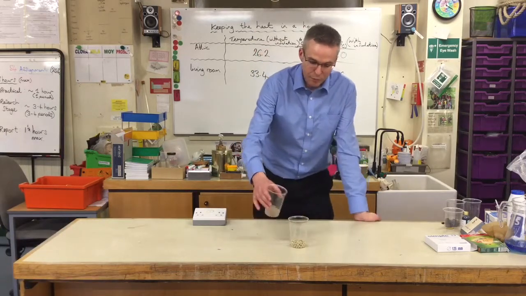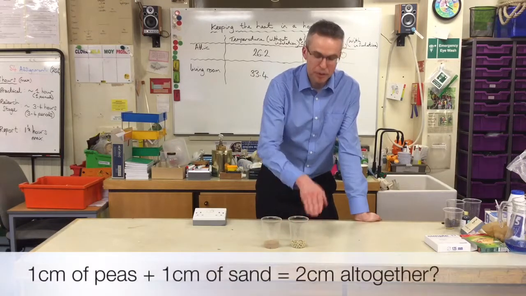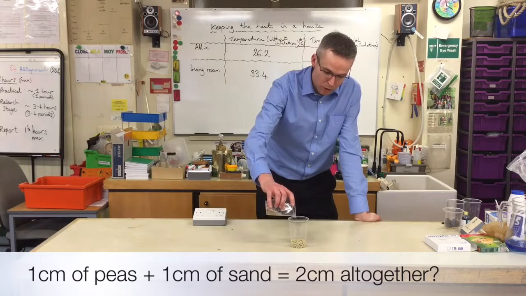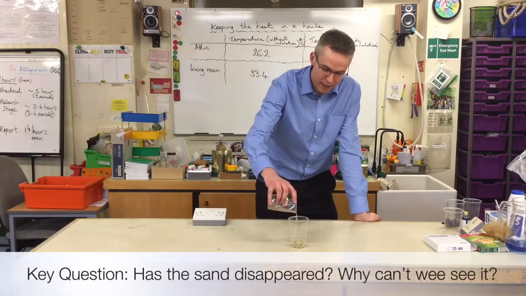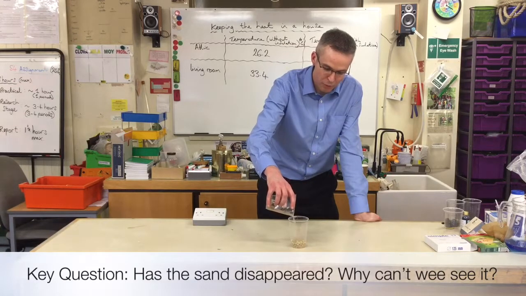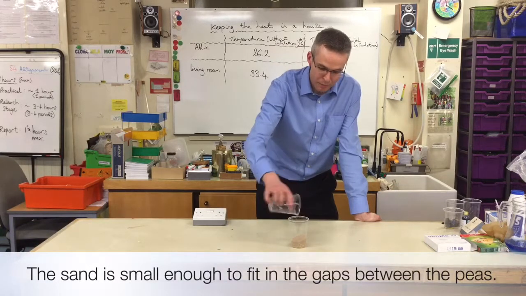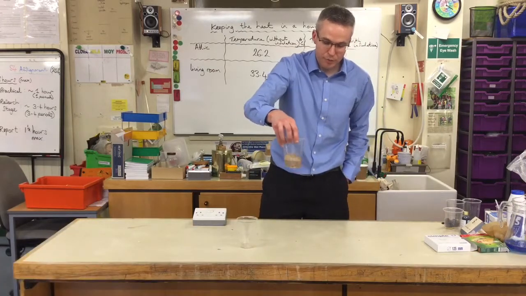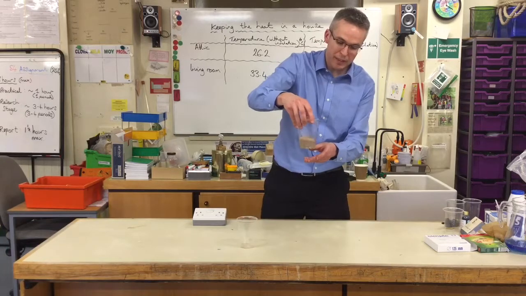Now you might think if you pour one onto the other that they would add up, so 1 centimetre plus 1 centimetre makes 2 centimetres in height. But of course, what a lot of the pupils will predict before you even do this is that that doesn't quite happen, because the sand is small enough to fit between the peas. And so if I give that a little shake around, the sand fits in between the spaces of the peas,